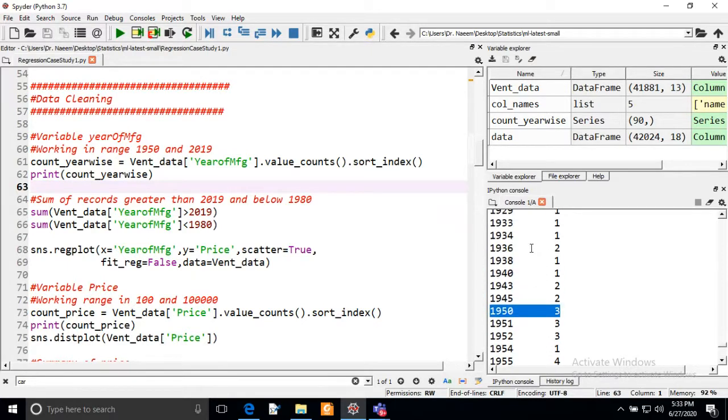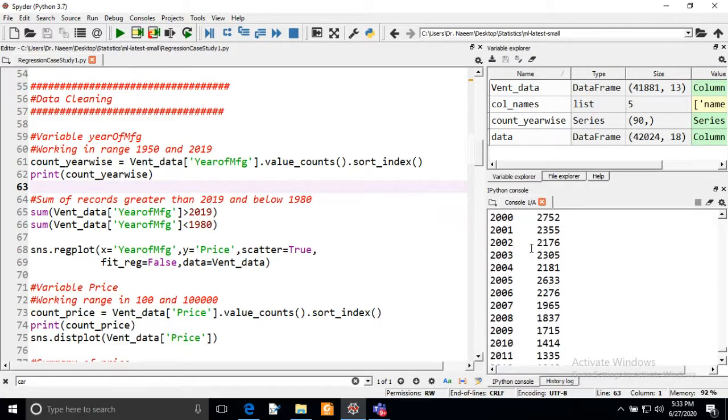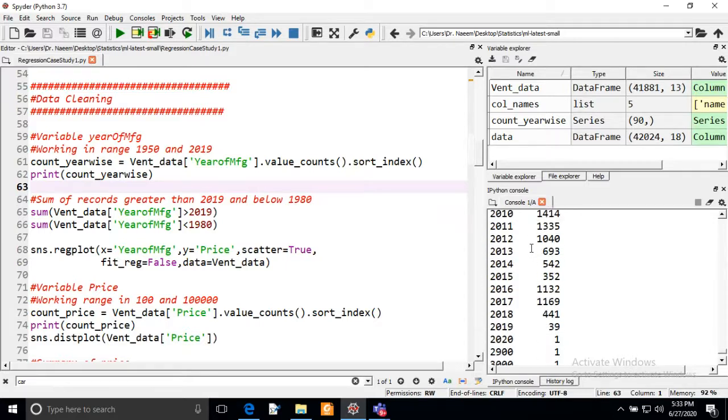So we have to tweak the range down, and if you look at the part after 2019, we also have some entries. For 2020 we have one, and up to 2900 we have one.